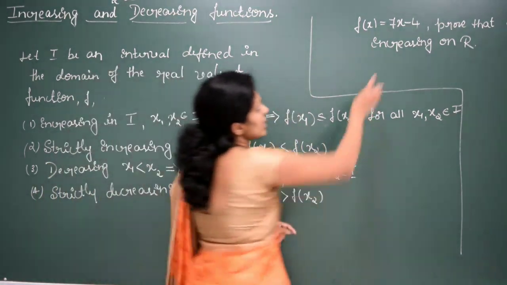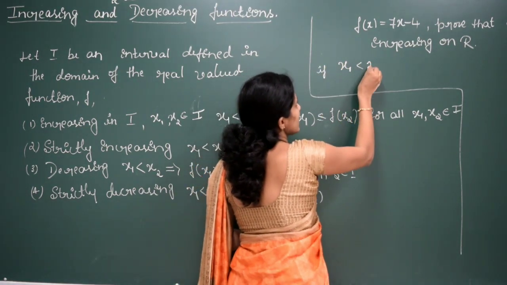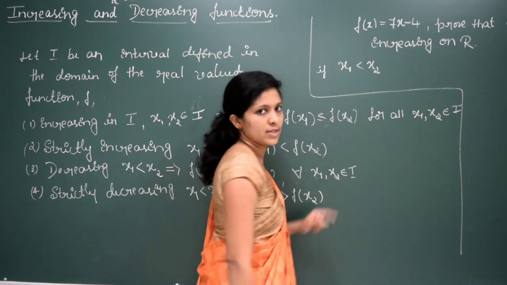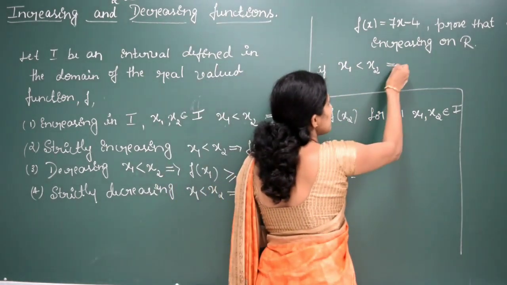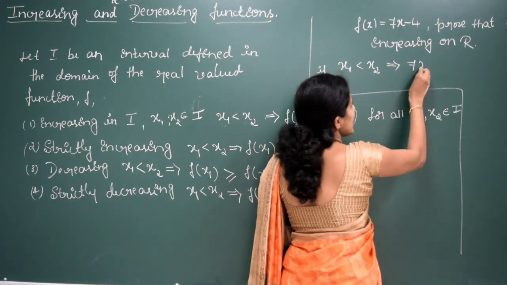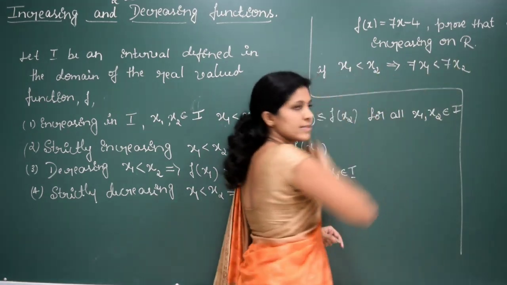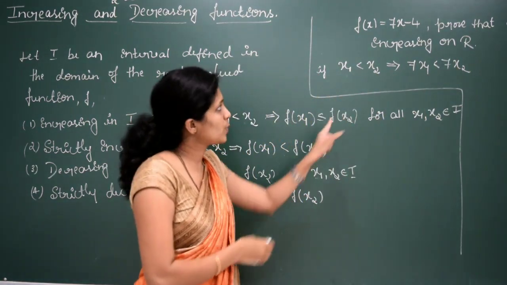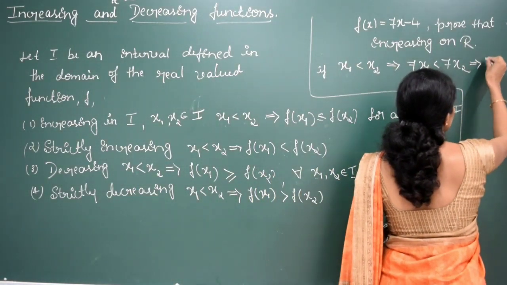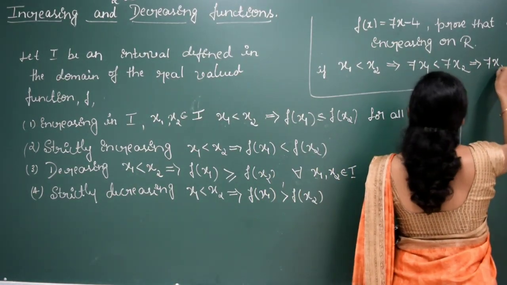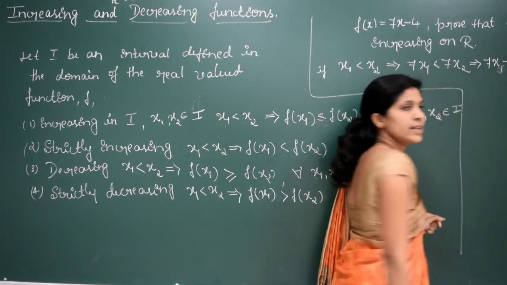Okay, we know that if x1 is less than x2, obviously x1 will be less than x2 in the interval. So this implies I can write 7x1 is less than 7x2, right? If you multiply by 7, obviously 7x1 will be less than 7x2. This implies if I subtract 4,